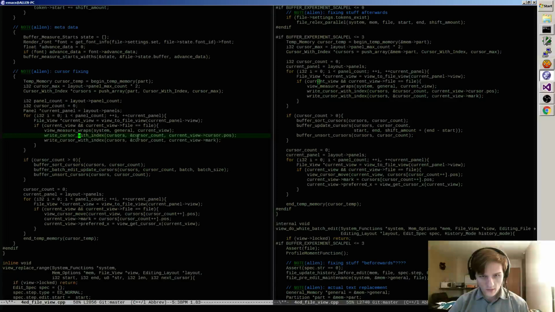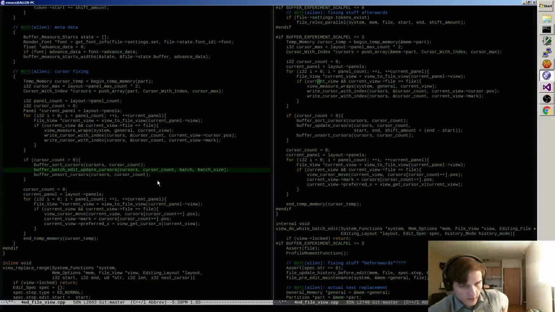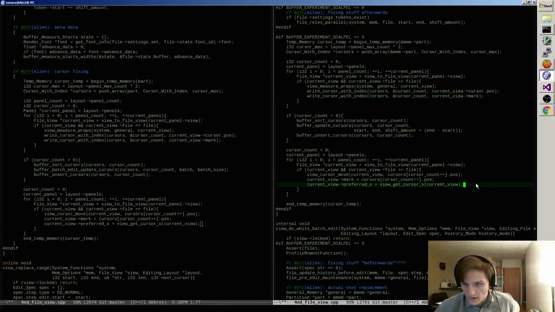So we say here's this information, and this is where I'd have to put in the position of the view. And then we sort the cursors. The reason we sort them, I don't feel like describing the algorithm. We sort them, we update all their positions, and then we unsort them. And then we use the unsorted versions to get the data back to the original owner with the new positions. And so I just need to insert here and here, and here and here, the concept of,